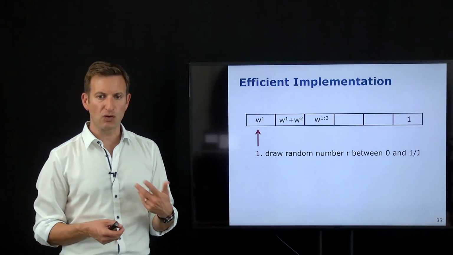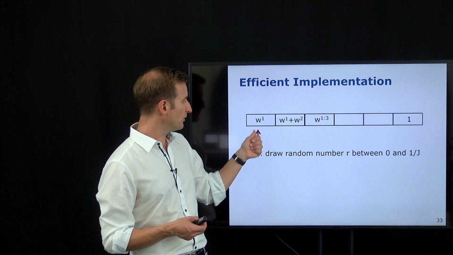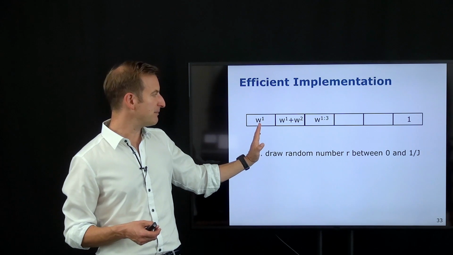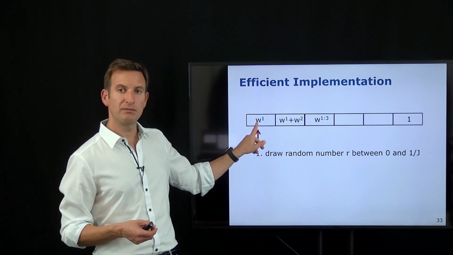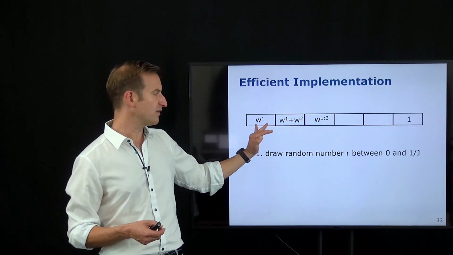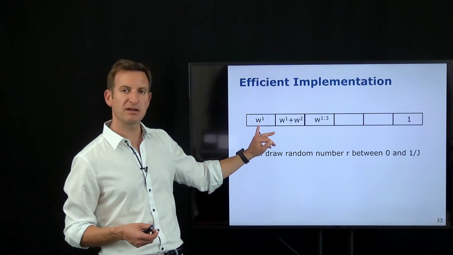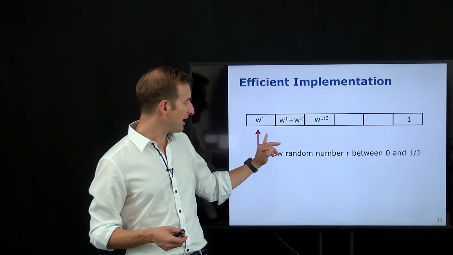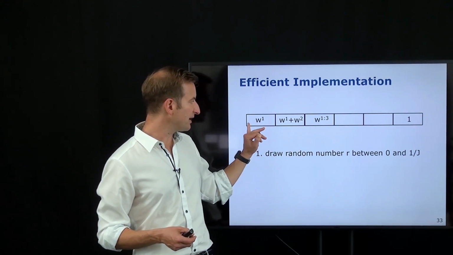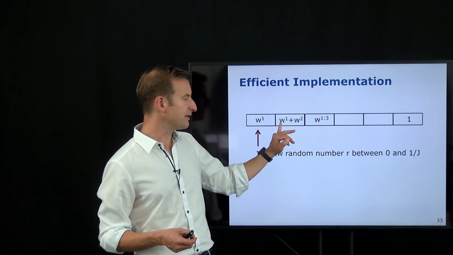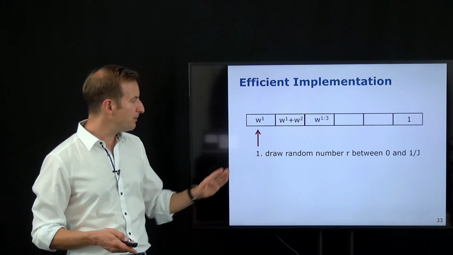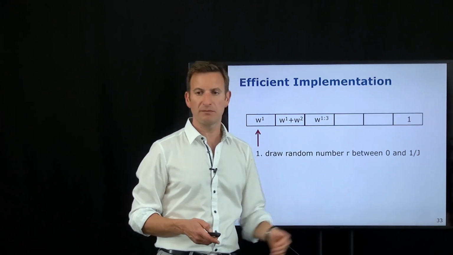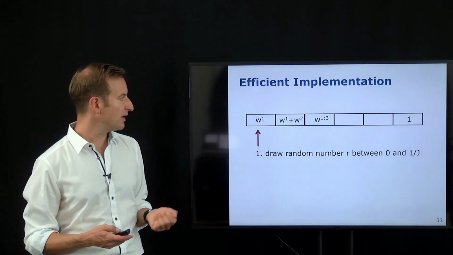What I then do, I draw a random number between 0 and 1, which tells me which bucket I start with. And I'm comparing, is this random number smaller than W1? If it is smaller, I know the arrow sits in bucket number 1, and I say, okay, perfect, take bucket number 1. If it is larger than W1, that means I'm actually sitting over here, so the first particle has a very small weight, and so I should choose particle number 2 as the first sample. And then I'm repeating this process, advancing 1 divided by j steps, further and further, in order to estimate where I end up.